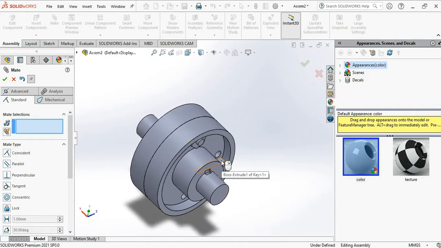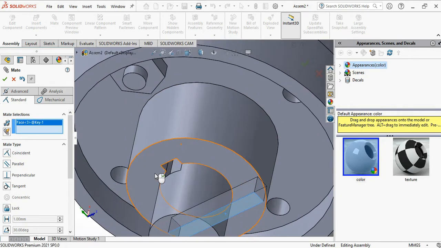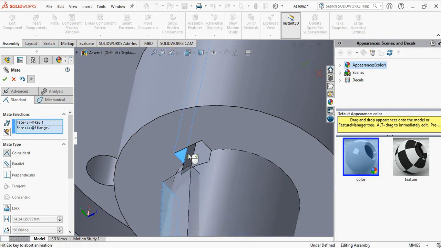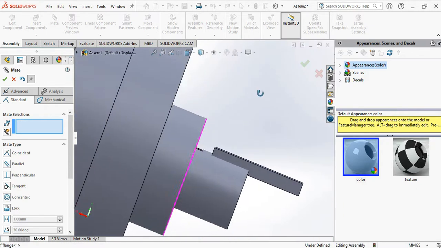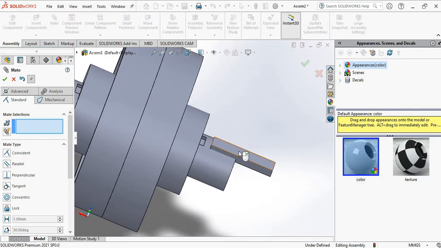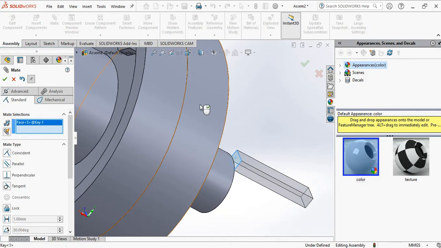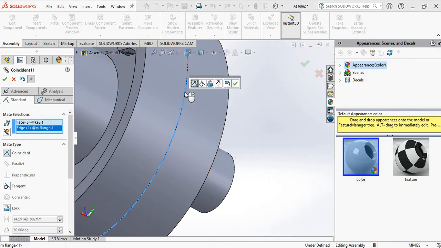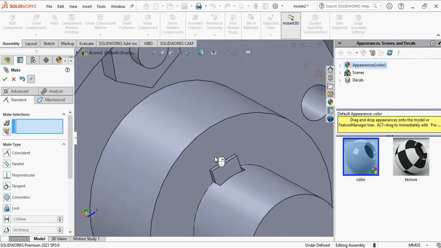Now let's fix this side. Select this side and here. Here we are having the linear movement. So select this region, circle region. Okay. Now it's perfect.